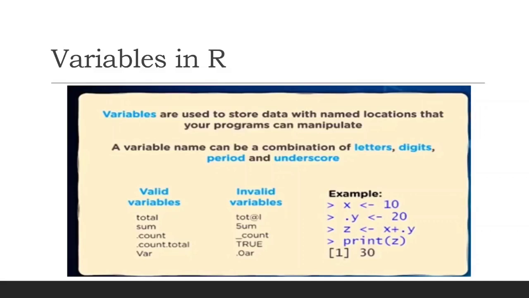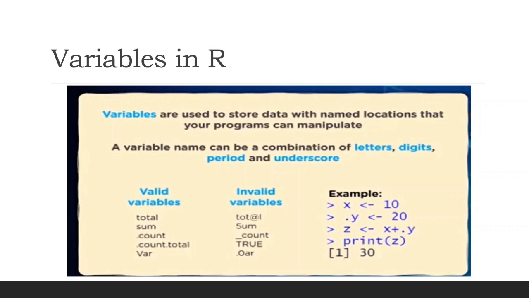Hello students, let's learn the next topic in R programming, that is variables and data types in R. So in this video we will learn how to define and declare variables in R, what the different rules are, and what the different data types are. 5 atomic data types are there in R programming. We are going to learn these two things in this video.